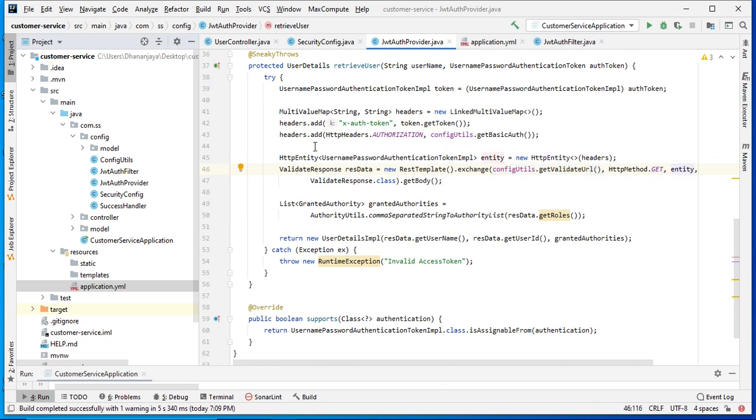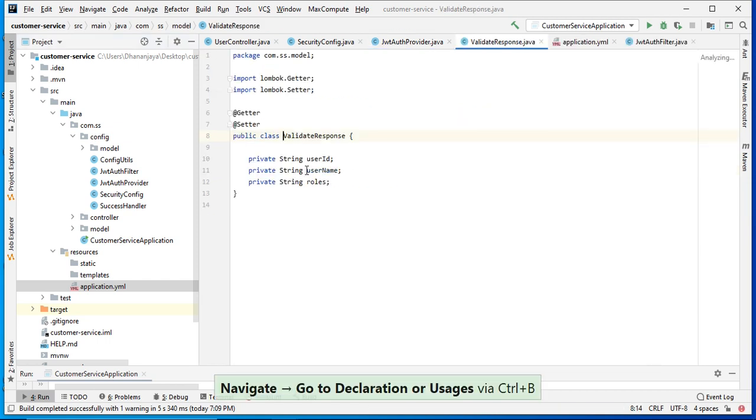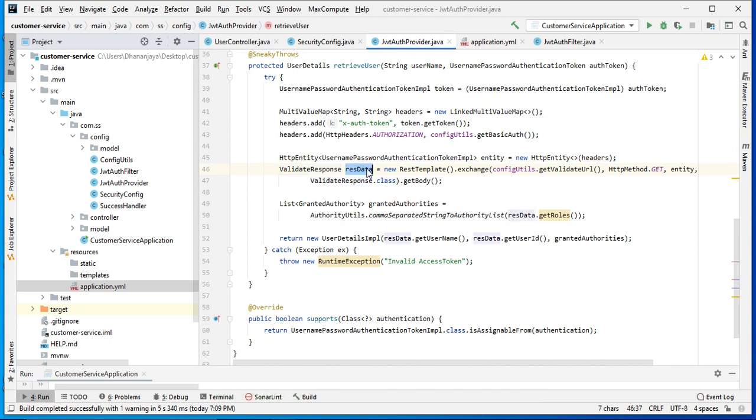The entity will be whatever header we are passing. Okay, we have created the header here, and we need to create an HTTP entity, and inside that entity we need to pass the headers. Okay, so whenever the call is successful, it will give us one response entity, which has the user related information like user ID, username, and roles. Okay, that we need to give to the